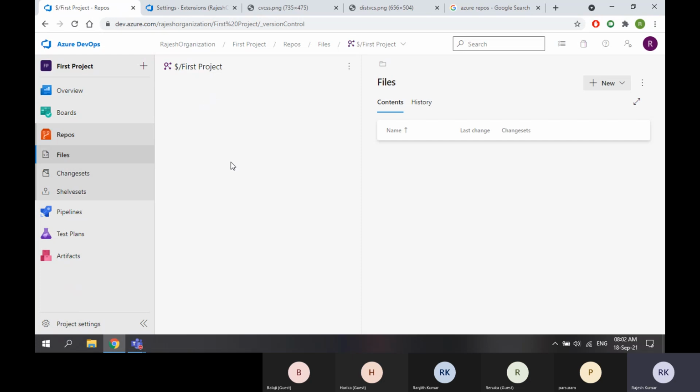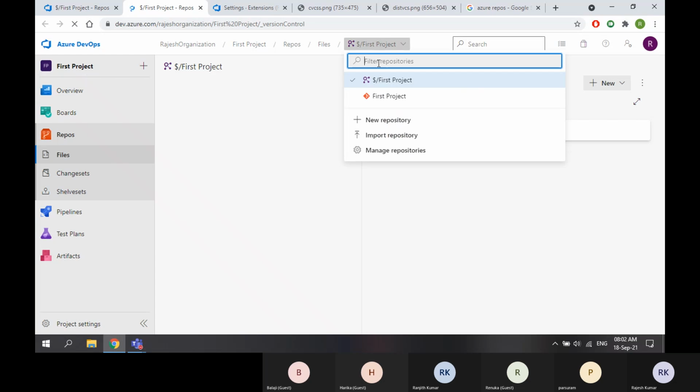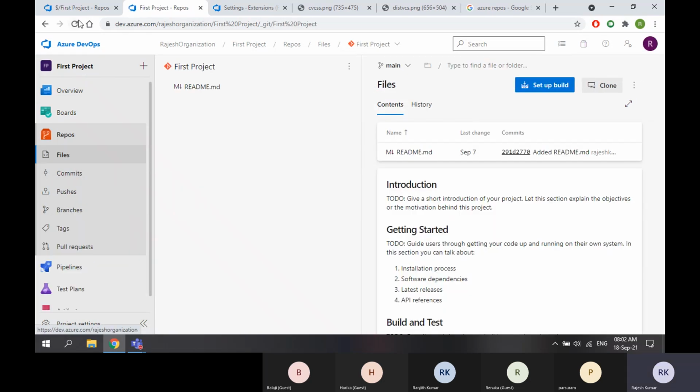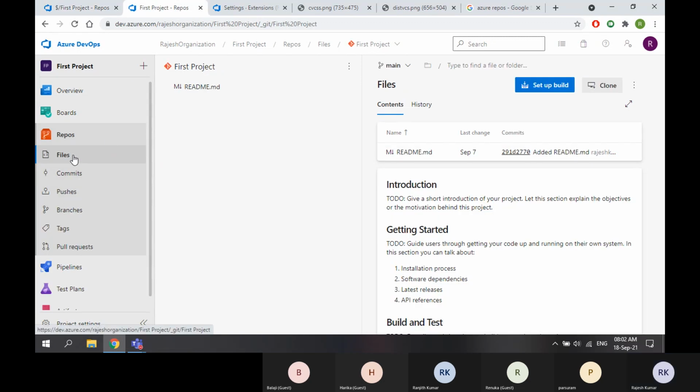Whatever you see here are nothing but the files. Then changesets are nothing but commits. Then shelvesets are nothing but pushes.